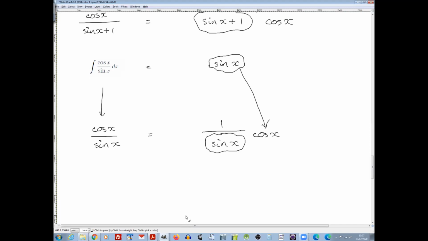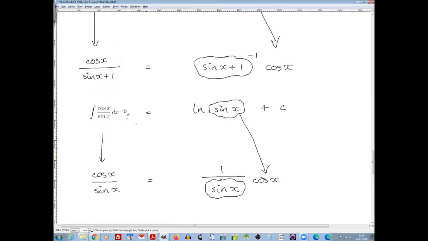And then I guess we'll get same again, really. Ln sin x. So it must be ln is the outer function up there. It's all done. So the answer is just log of sin x